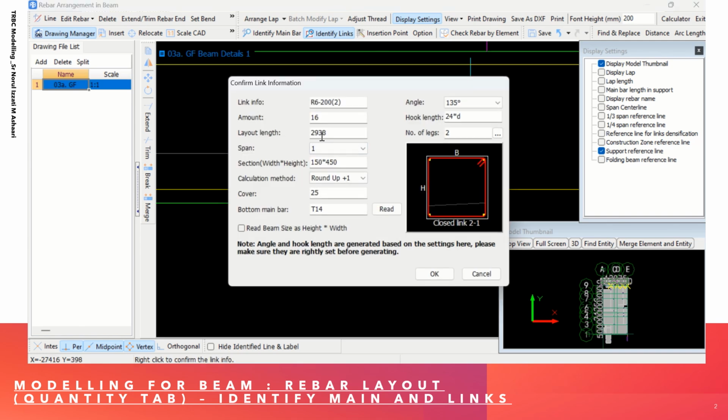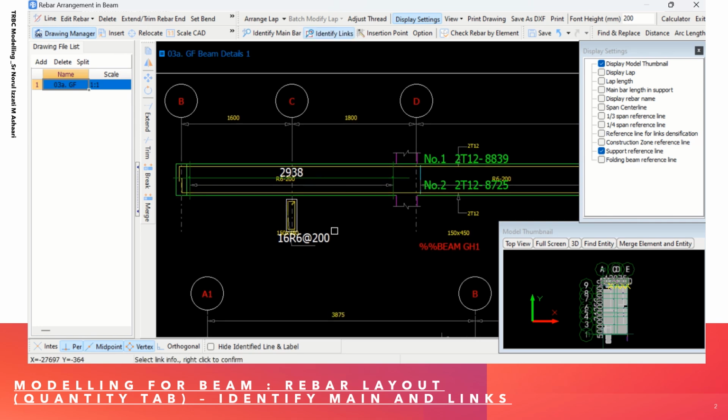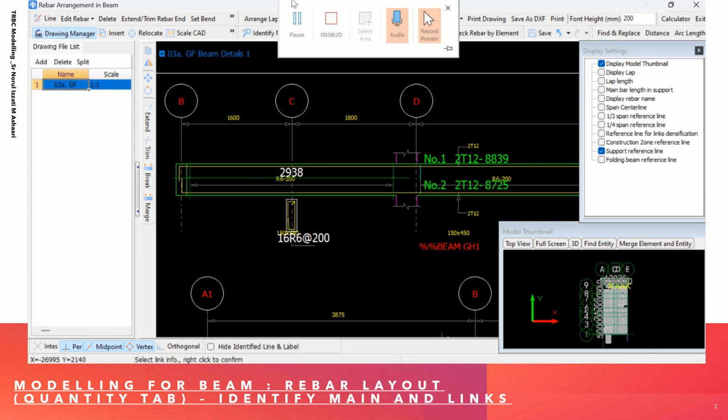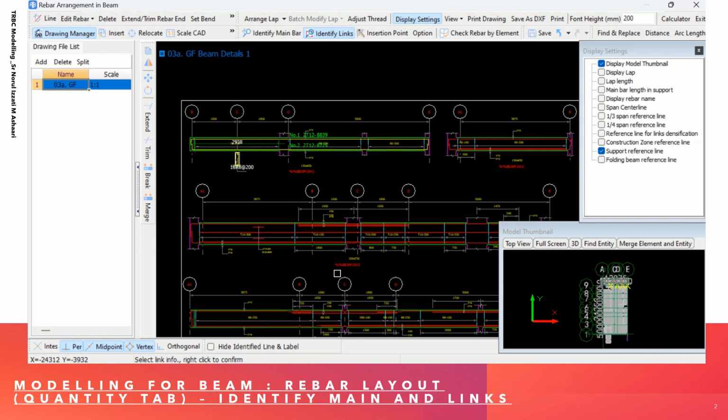For the beam, it is very important for you to check the concrete cover information, because once you confirm this information, the concrete cover cannot be changed anymore. And then the bottom line bar here, let's say you update to T12 because that is the information, but if you didn't change it, it will not affect the calculation rule. Okay, so the cover we have checked, and let's say there's no other information, you can just click OK, and you can see the information has been updated with the white color. So 16 R6-200.